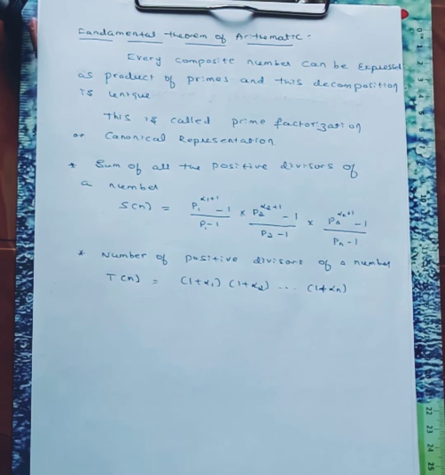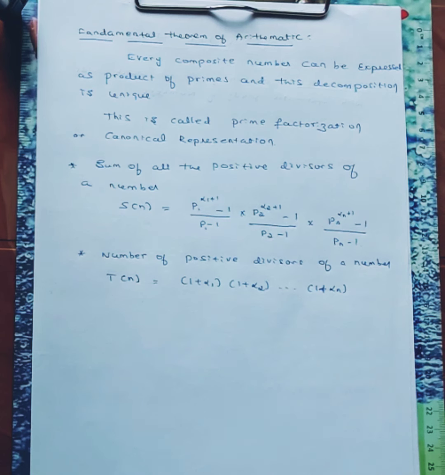Hello everyone. In the last session, we discussed the fundamental theorem of arithmetic. That is, every composite number can be expressed as a product of primes and this composition is unique. This is called prime factorization or canonical representation. We also studied that the sum of all positive divisors of a number, S of n,